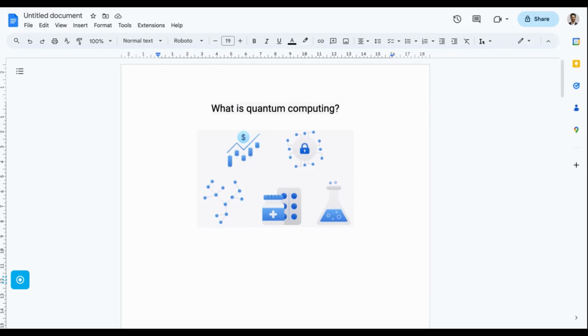Some naturally complex problems could not be solved by conventional computers, but luckily we have simulations, because simulations will help us to solve problems